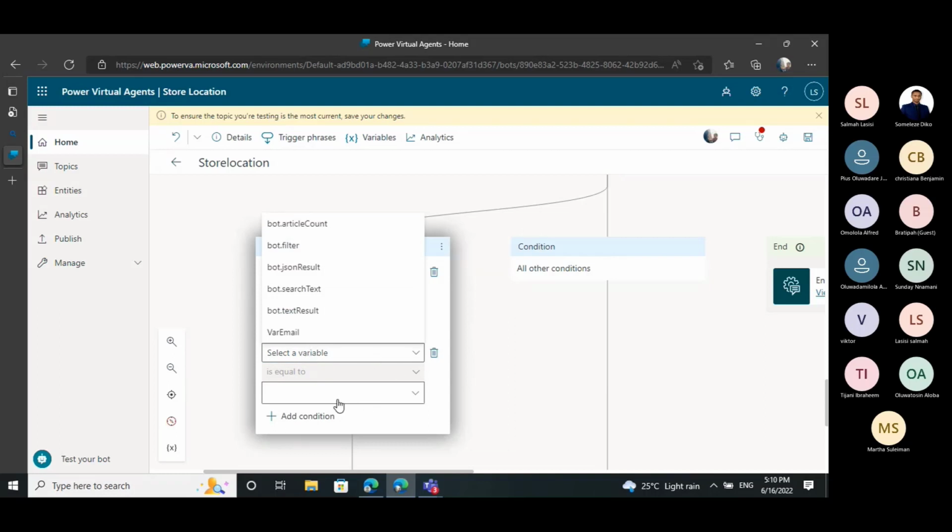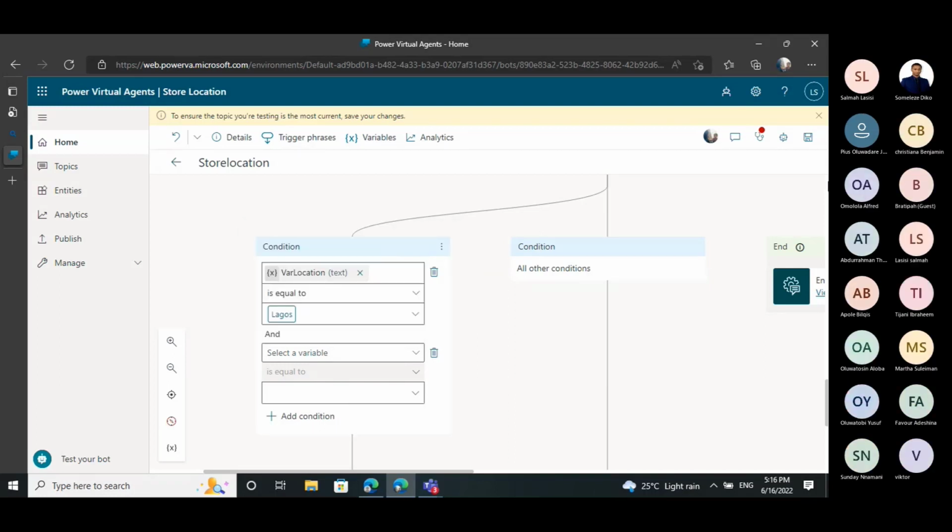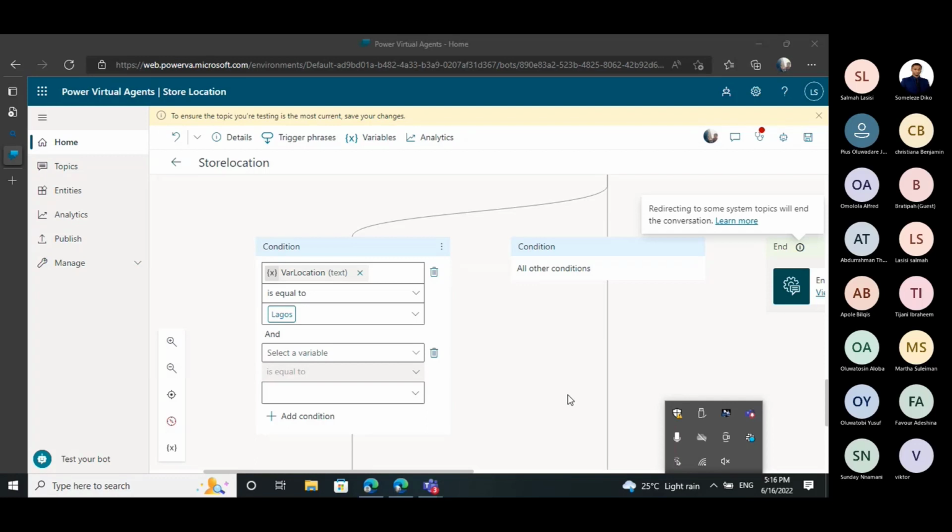Let me see. This thing is I've disabled my Microsoft, so I can't even use it. Trying to like, I'm actually done with the store location for the chat, but I was trying to. I saw a question here about